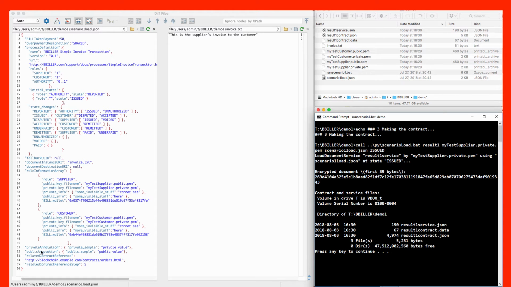And there is some public information and some private information that is to be made private in the smart contract and accessible only to these parties. This contract is making a reference to another contract. If we look at the resulting contract,